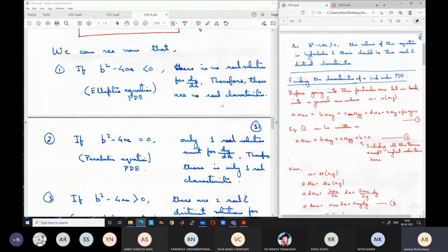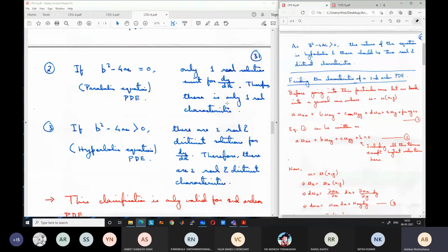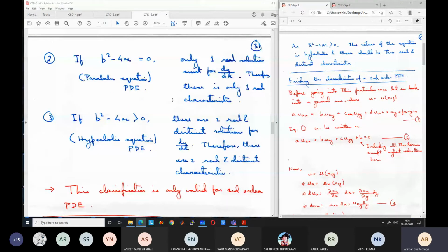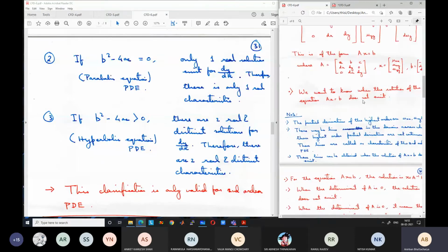Any questions? All this material is uploaded. You can also read it. It's not from any specific book, so I would suggest that you go through the notes for this part. When we jump into the CFD part, meaning the finite volume method, you can follow the books that I have mentioned. In some of the books this will be there. You can go through some of the CFD books, but I'm not sure whether it is there in Malalasekera also or not. Patankar, not there.